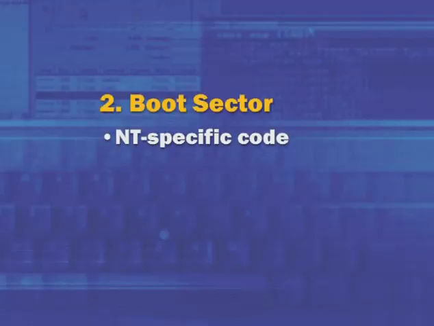One of those entries in the partition table is marked as the active partition, which in other words is giving it the label the system volume, and the master boot record code is programmed to go find the first sector of that volume and read it into memory and start executing it, that first sector being called the boot sector. Now the boot sector is the first piece of NT operating system specific code involved in the boot process. It's NT specific because it has enough code in it to understand the NT file systems that are supported, for example FAT, FAT32, and NTFS.